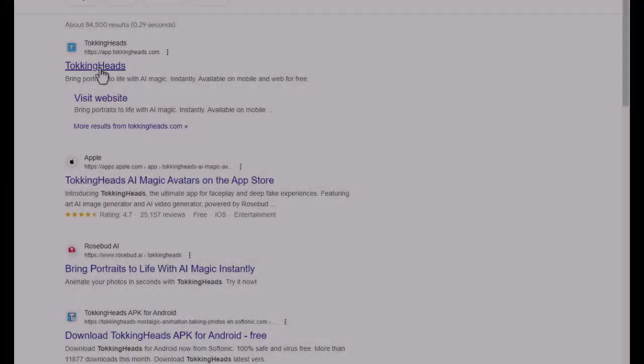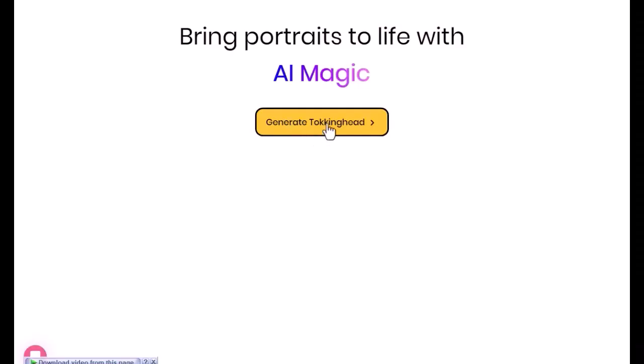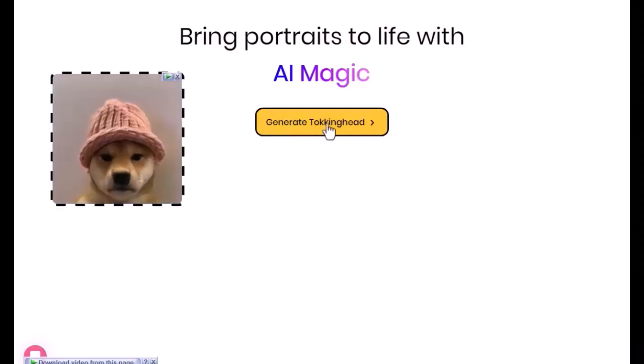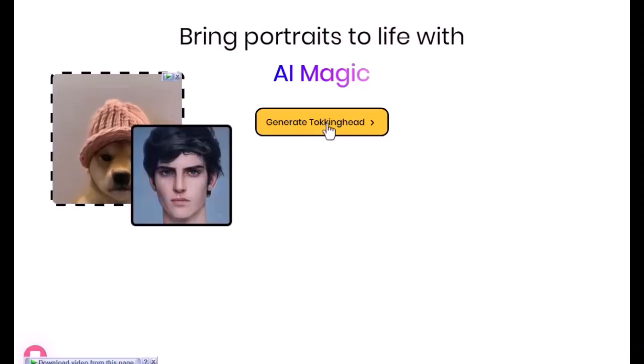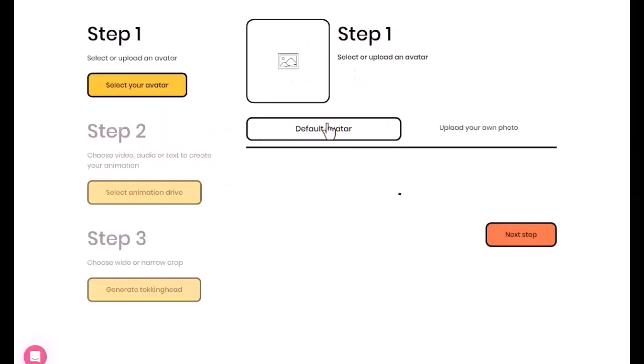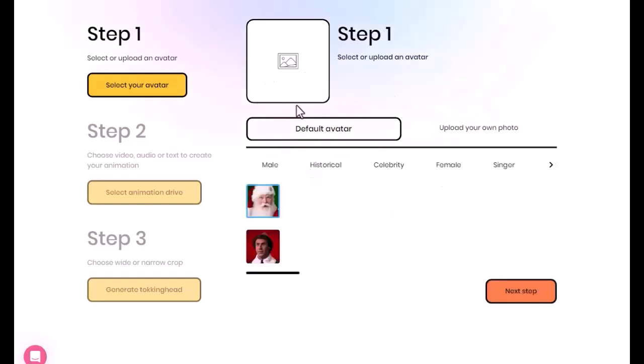Open your browser and search for talking heads. Click on the first result. This is the talking heads interface. Here you can create unlimited talking heads. You don't even have to create an account to create talking avatar videos. Simply click on generate talking heads. From here, now you will find some default avatars. You can use them if you want, but as we already created our avatar photo, I will go with